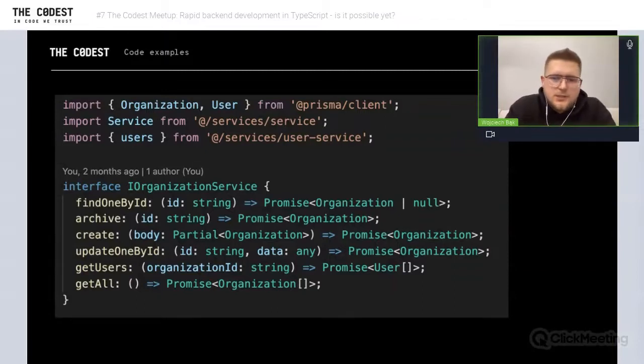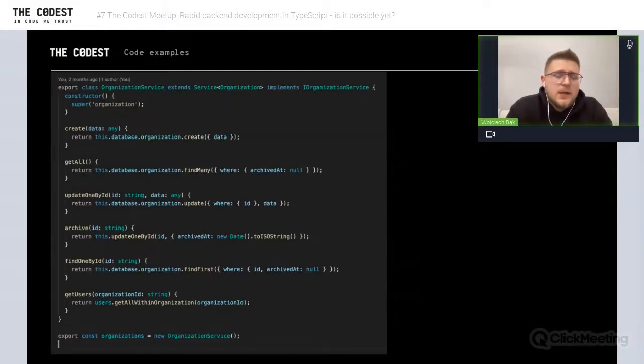So yeah, let's just see the organization service. As you can see here, I'm initializing my service instance in the constructor, and then declare, or rather implement, methods already declared on the interface level. And with all this code everywhere in this file, Prisma provides you with pretty good typings. And for example, in the place where we have a get all method, you can see that there is some where